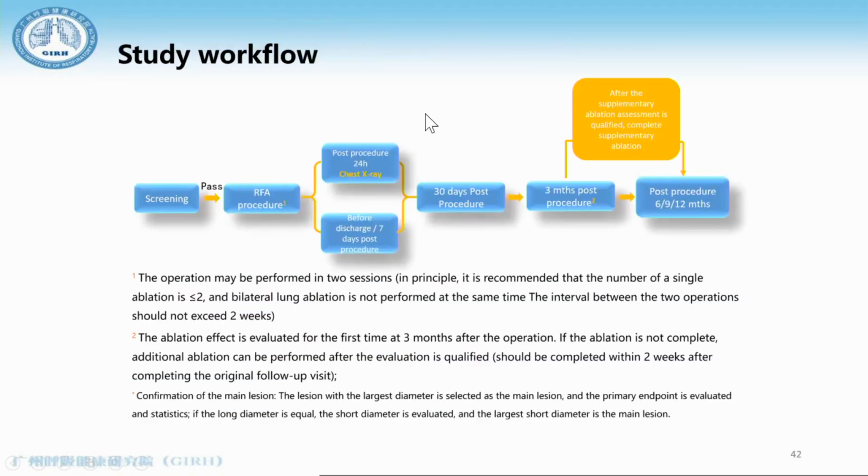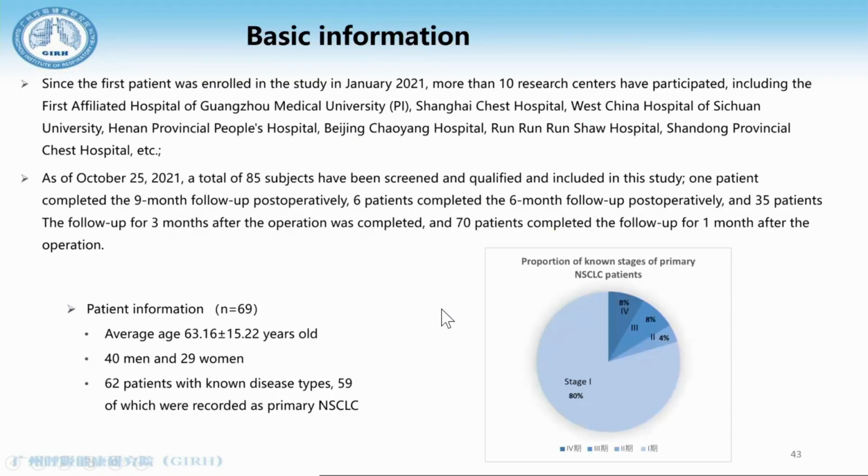This is the study workflow. And now we have received almost 90 cases. Here's the data about the first 69 patients. About a patient about the